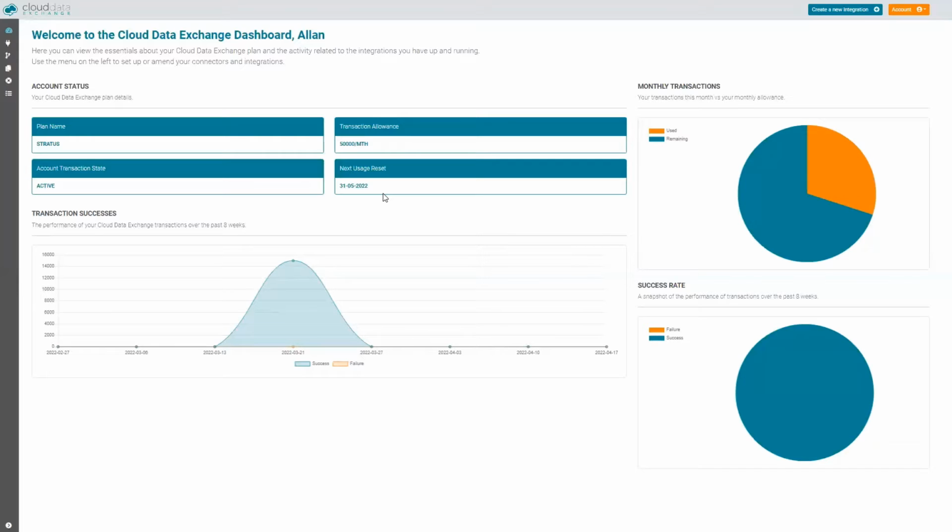You might want to send stock or stock levels to our website. Each stock item is a transaction. So generally, that's what the transaction allowance is made for. So every time we do a stock level update, if you've got 1,000 stock items and they all need updating, that is 1,000 transactions. However, we only update the stock items that have changed since the last update. So if only 50 have changed their stock level compared to Sage, then we'll only update 50.